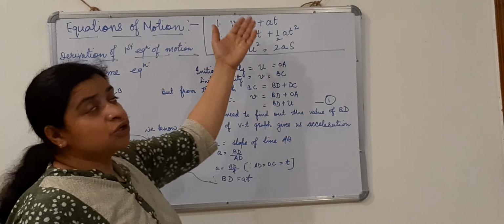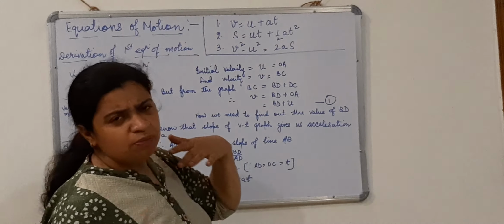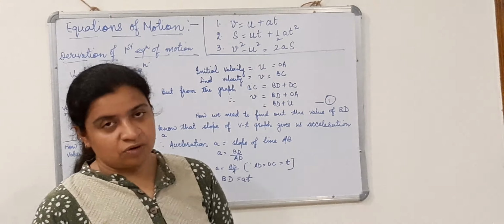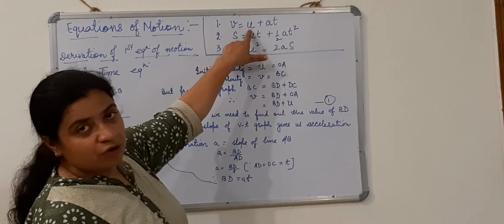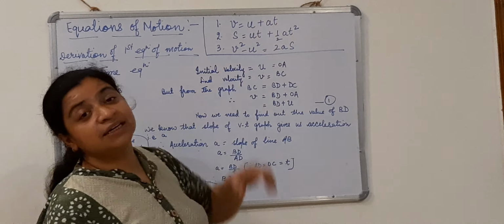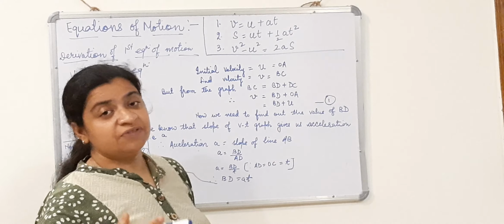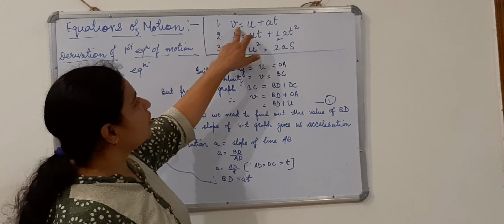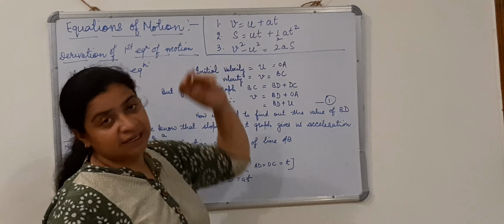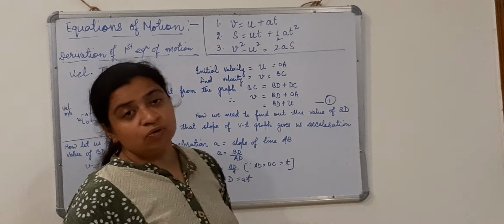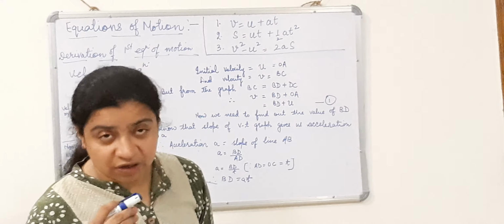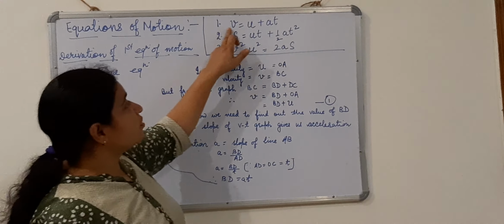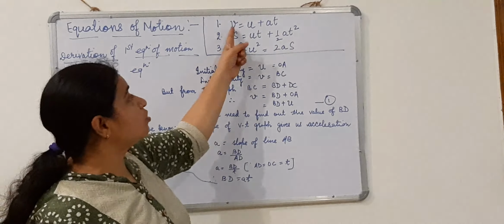Now what is v, what is u, what is a and what is t? You all must be knowing, but let me revise it. V is the final velocity of an object. U is the initial velocity of the object. A is the acceleration and t is the time taken by the object to change its velocity from u to v. S is the distance. So now it's clear. In this equation there is only velocity, acceleration and time. We know that acceleration is the rate of change of velocity. So the other name of the first equation of motion is velocity time relation.